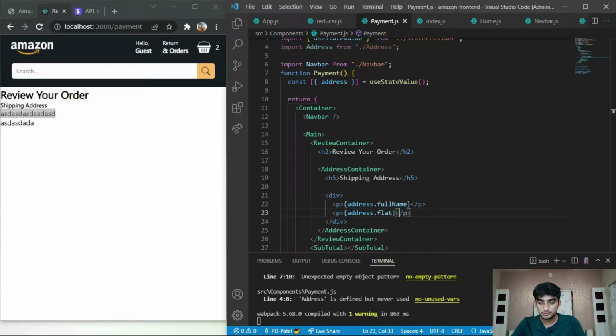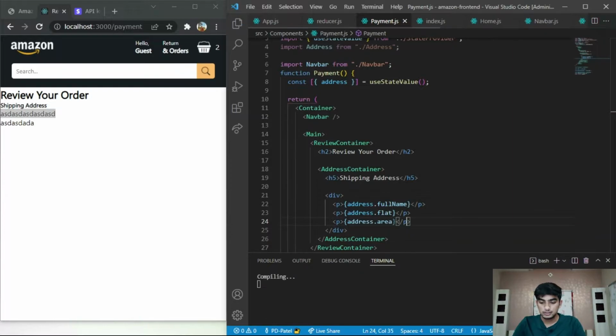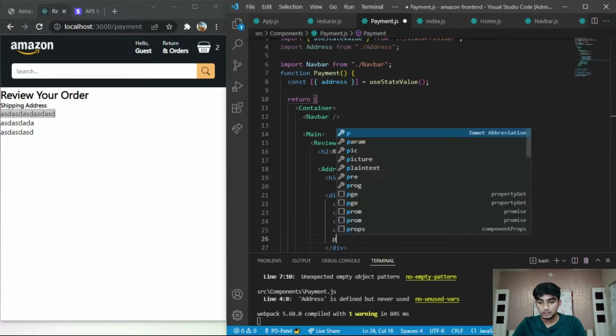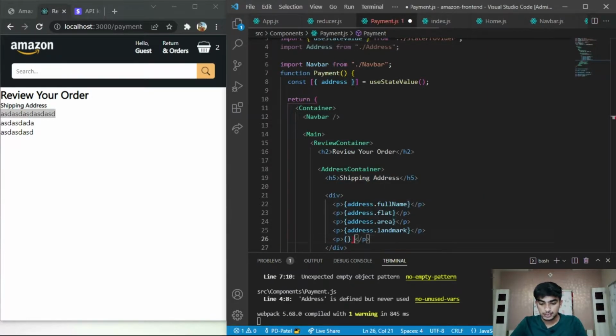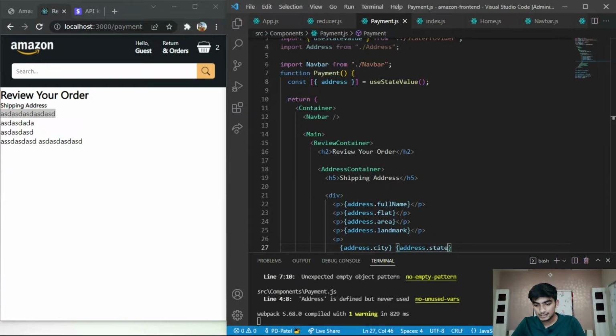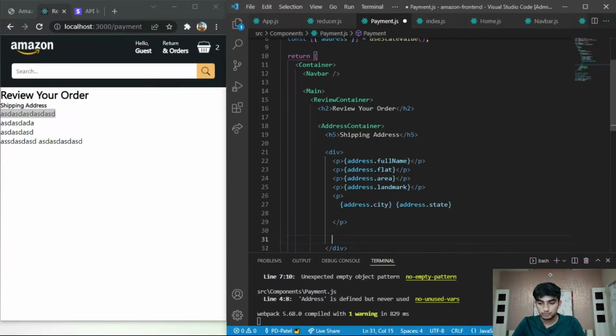The flat appears, then again we want address dot area, save it, then again we want address dot landmark, and then we want address dot city and address dot state, and last and final the phone number. So simply the phone,